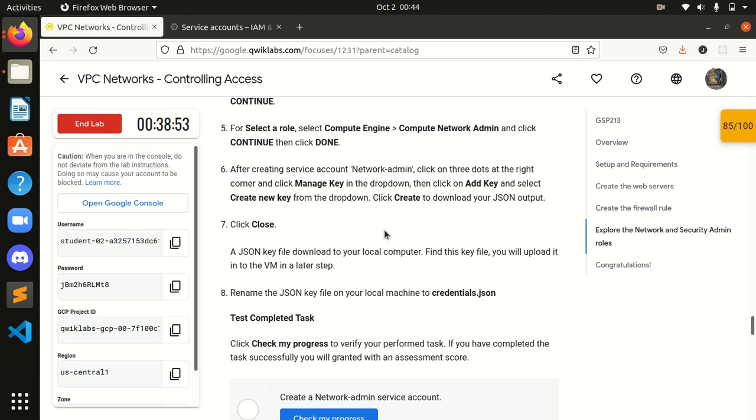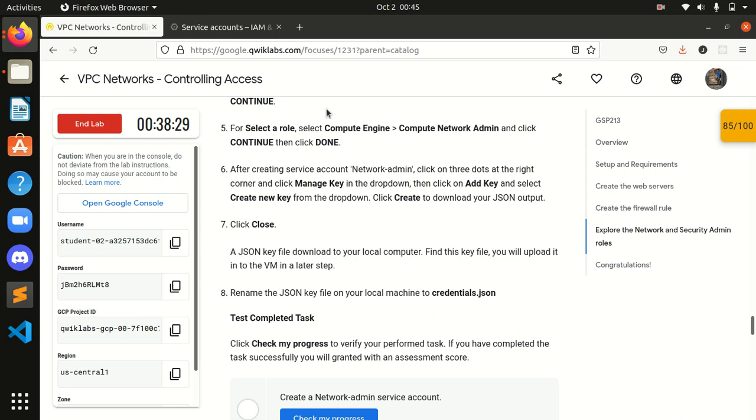After creating the service account network admin, click on the three dots at the right corner and click manage keys in the drop down, then click on add key and select create new key from the drop down. Click create to download your JSON file.